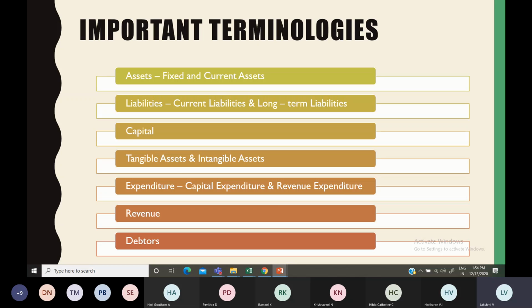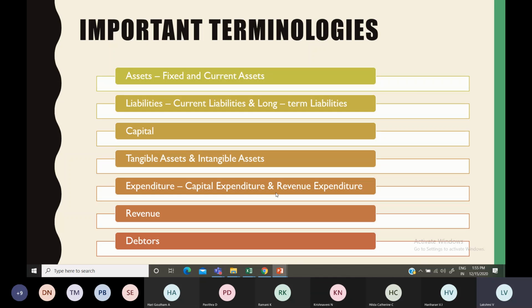For example, if I have bought a machinery and I'm going to install that in my factory, initially I'm going to incur some installation charges, around 30,000 or 20,000, whatever, might be 10,000. I'm not going to incur those installation charges every now and then. Once for all, when I buy, now only I'm going to incur that in my business. So those expenditures which are not recurring in nature are known as capital expenditure. I need not incur it every now and then.